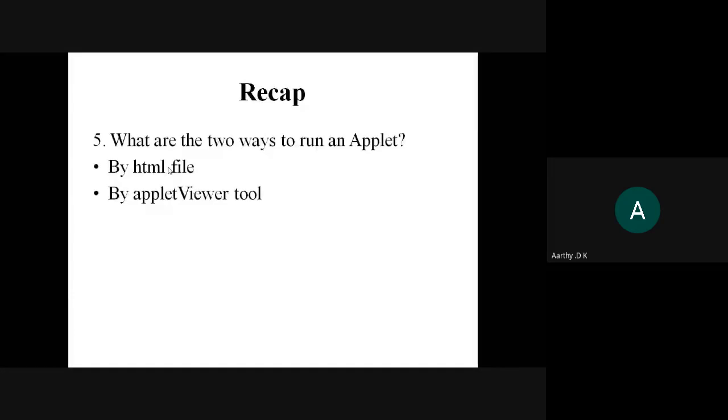So what we will do is we will give applet code is equal to the class name, that is dot class, and then the width and height of the applet. So with the applet viewer tool, you have to compile your Java class, and you need not execute it. Instead, you will give appletviewer space your filename dot java. So that is how you execute your applet with HTML and the applet viewer tool.